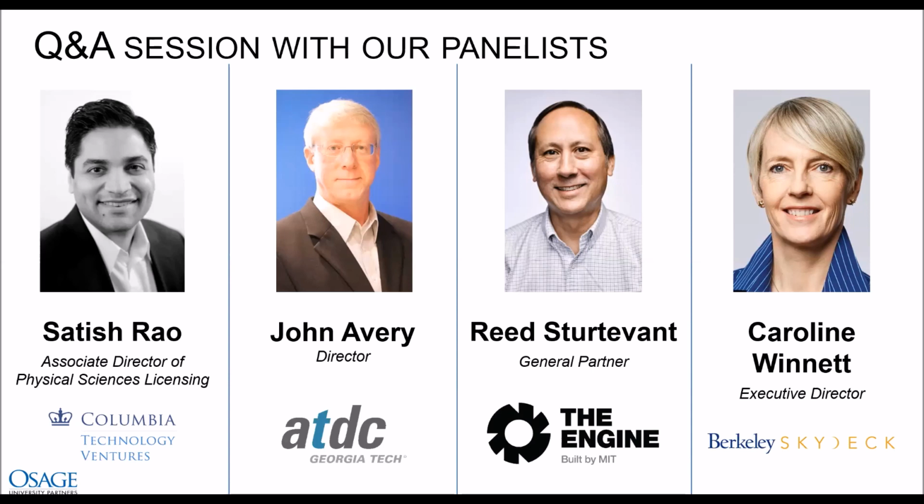Those are great measurements. John, for ATDC, you obviously have quite a long track record. How have you been measuring success, and has that changed over time, and what are your current measurements? Well, today, our primary goal is to create robust entrepreneurs that can be successful with their companies. So one of the things we track is the longevity and success of the companies that graduate from our program. We track them 5 years out and determine the number of them that are still healthy and operating after 5 years of leaving the program. That is one metric.